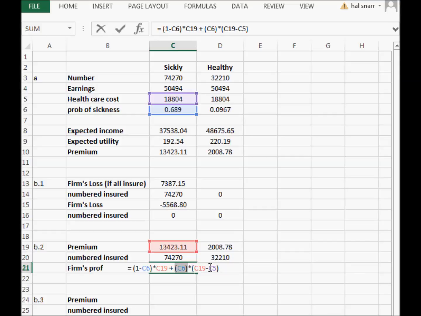If the person gets sick, which has a probability equal to C6, .689, the company has to pay for them to get better, which is C5, $18,804, less the premium of $13,423.11. If the sickly person does not get sick, that probability is 1 minus C6, which is 1 minus 0.689. Multiply that by just the premium that was collected, $13,423.11. And the unit profit for insuring a sickly person is